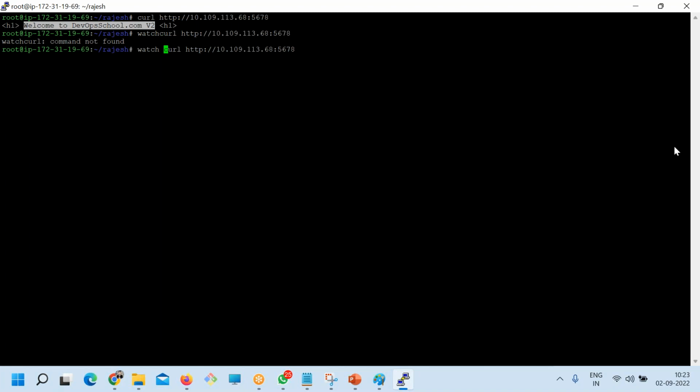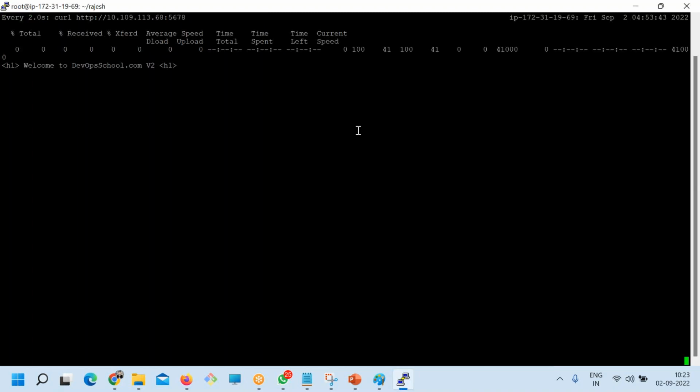Just give me 1 second, guys. Now just look at the output of this. Are you seeing the load balancing between the two pods? So this is load balancing.